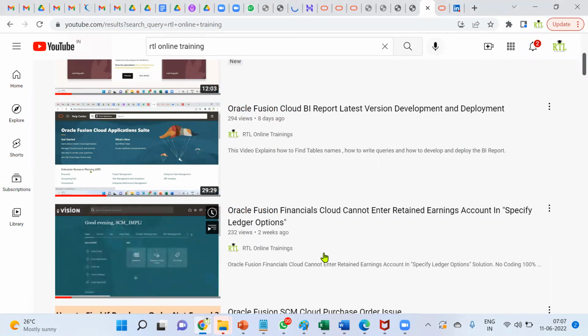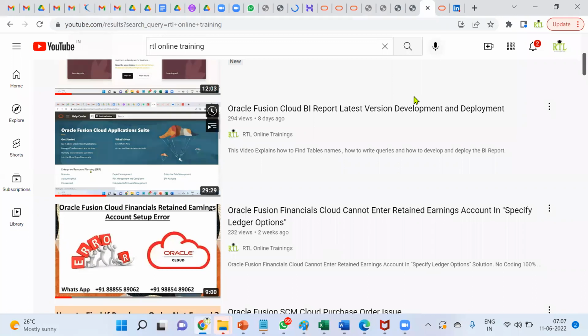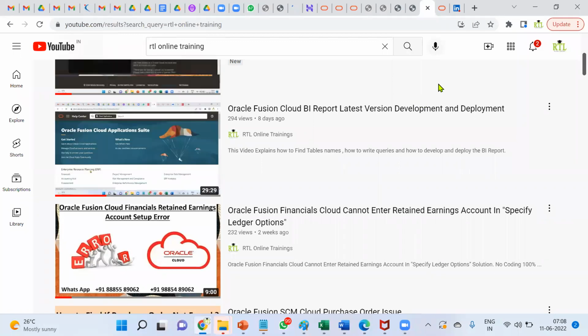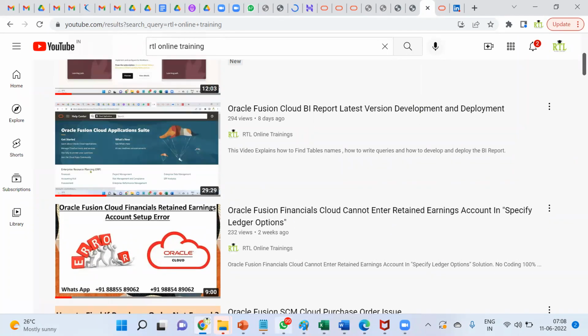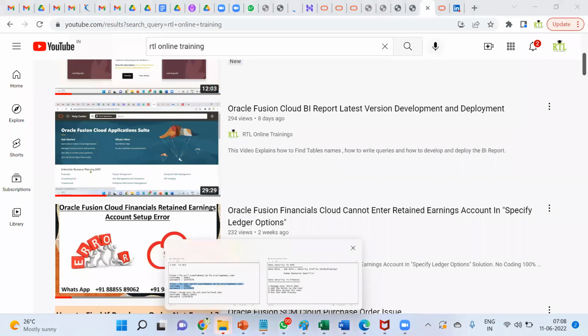So this session will discuss how we can configure approval management in Human Capital Management as a management hierarchy. Okay, as a management hierarchy. So let's say this is a real-time requirement. In real time, let's say the client has asked you,